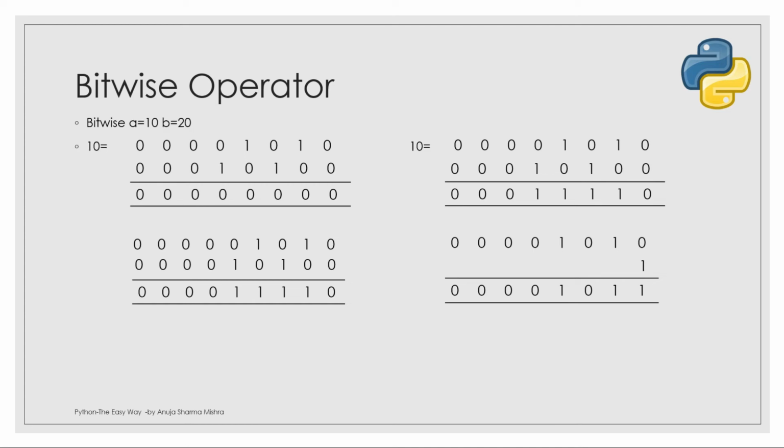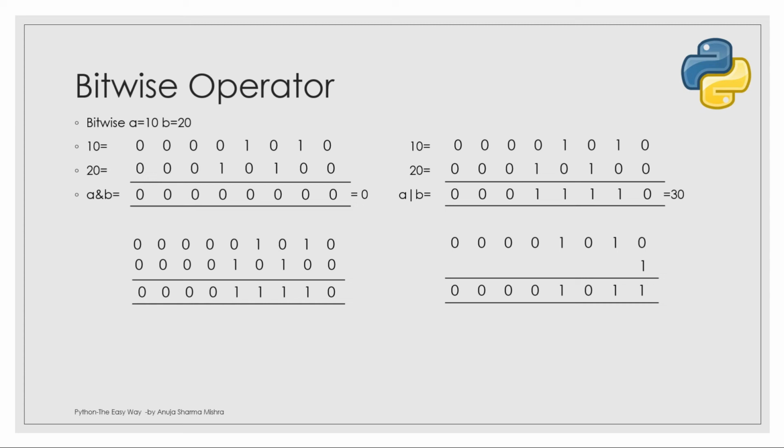So here what I have done, I have taken two variables, A with value 10 and B with value 20. And now when I want to apply various bitwise operators like AND and OR, first what your system will do, it will convert 10 into a binary number. Then it will convert 20 into a binary number. I hope you all know how to convert a decimal number into a binary number. And then it will apply the AND operation. So in the previous slide you saw the truth table. Accordingly you can calculate the result.